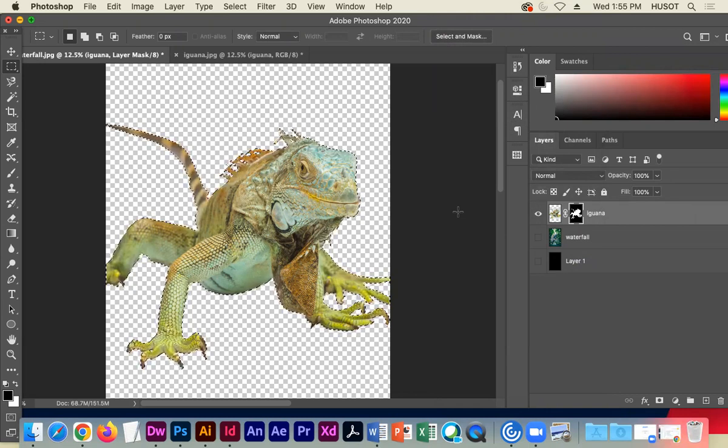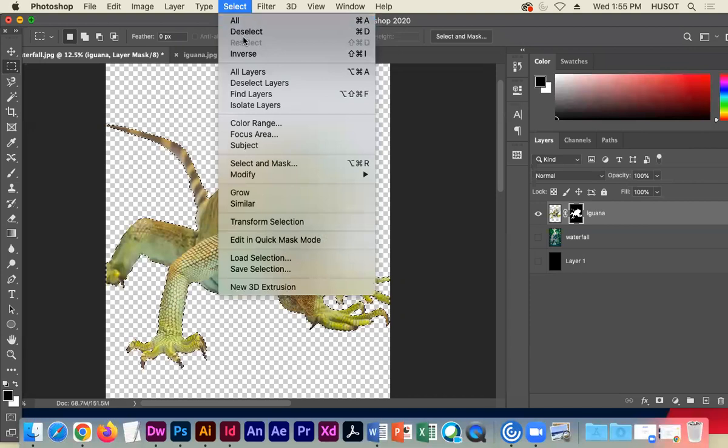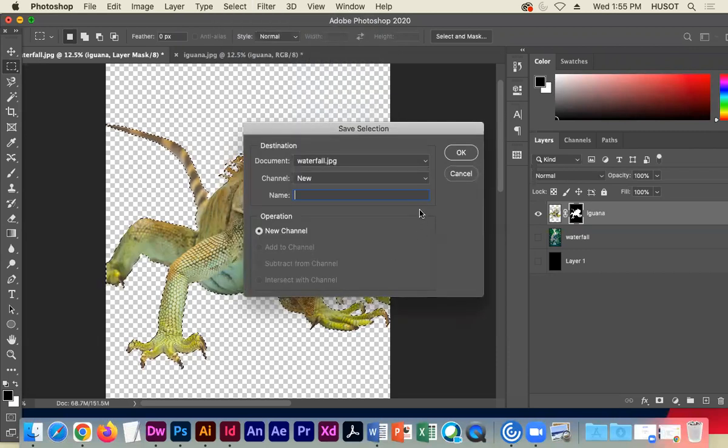Now that it has the marching ants going around it, our selection, we in essence took our magic wand and tapped in the white shape to get that selection. It's only the silhouette. What I like to do as a best practice is go up to Select and choose Save Selection. Now, the reason we save the selection, and we're going to name this iguana,